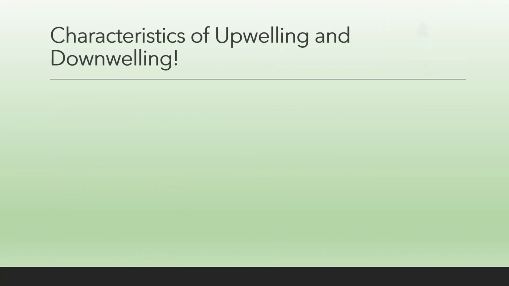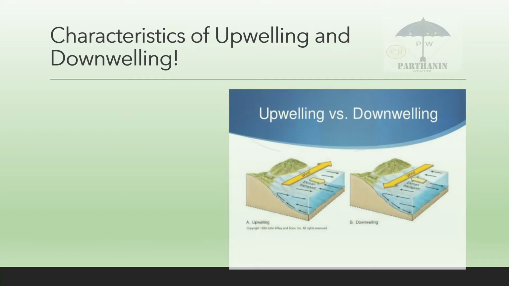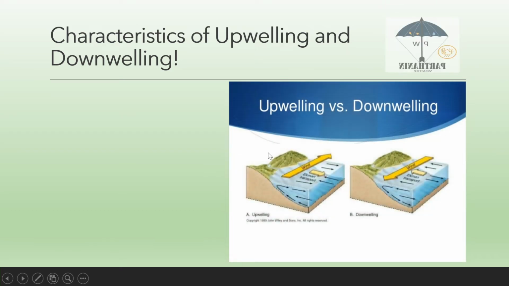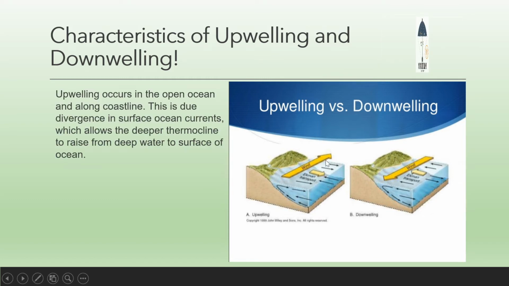So, the characteristics of upwelling and downwelling. You can see in the picture the wind moving along the offshore, and because of the strong wind moving along the coast, there is an Ekman transport, that is the pressure is getting released, and a surface-level ocean current divergence happens. The current moves away from the coast, and this is when upwelling happens. This upwelling reduces the sea surface temperature and cools down the ocean.